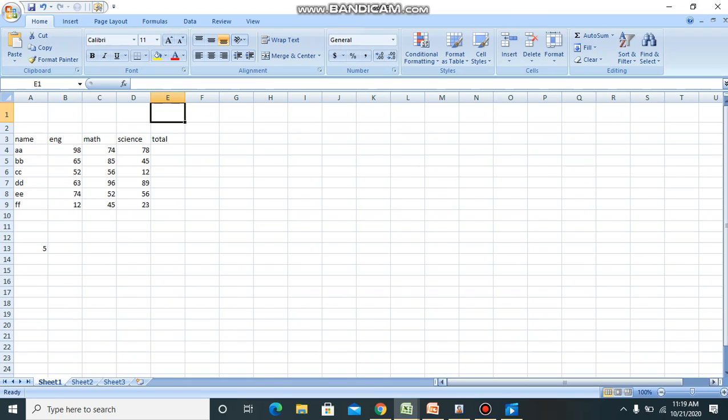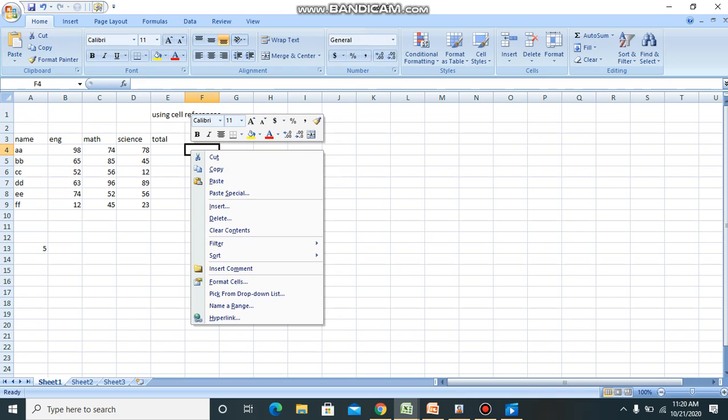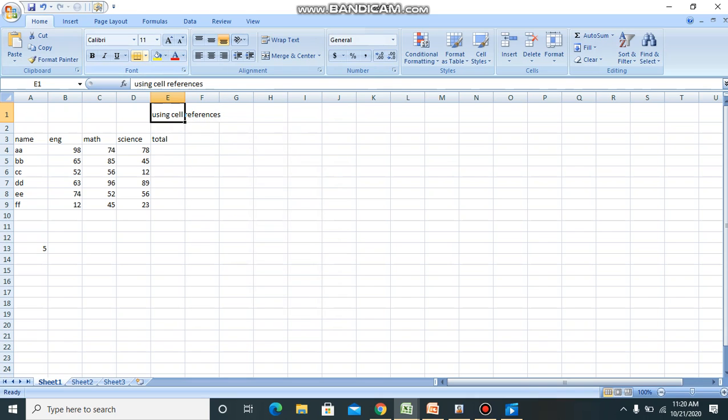Class, we are going to do chapter 13, that is using cell references in this chapter. Using cell references. Let me correct the spelling. References, alright. In this chapter we will be learning, whenever you are writing a formula, you just add the